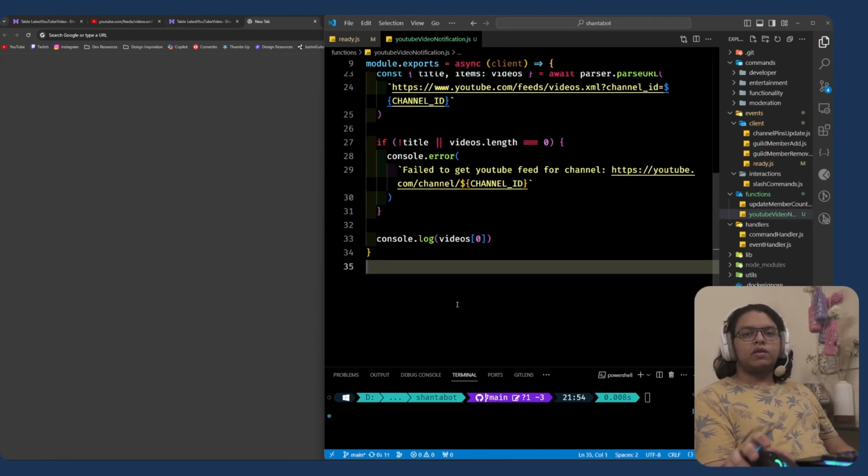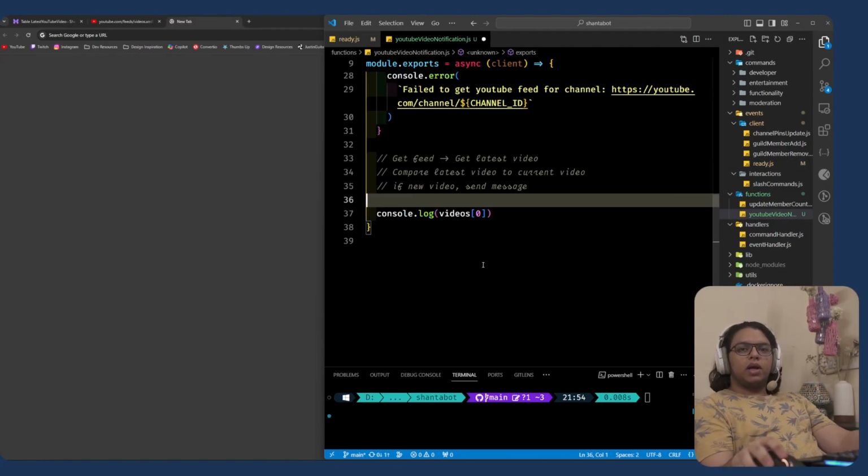So far, we have access to every single video a channel has uploaded, but that's not really helpful until we know if the first video is new or not. The solution here is to store the first video's ID inside a database, and every time we do this check, we compare the newest video in the XML feed to our database's latest video and see if they're the same. If they're not the same, then we know that the XML has updated,